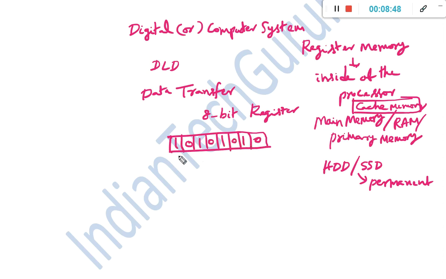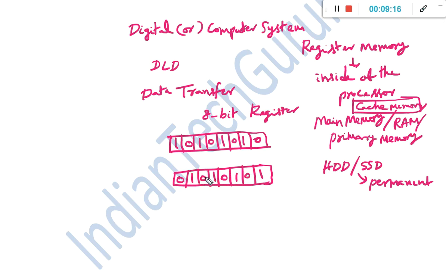10101010. Now there may be several possibilities. One of the possibilities is that the content in this particular register may be altered. For example, if I want to perform one's complement for the existing data, 1 will become 0, 0 will become 1: 0, 1, 0, 1, 0, 1. Like this, it is going to change.